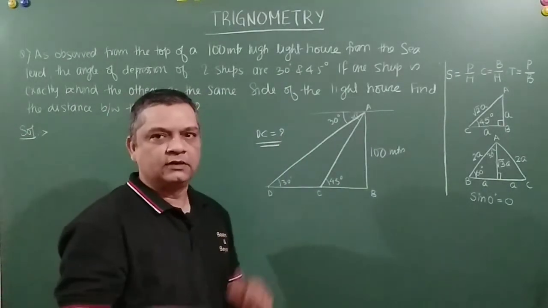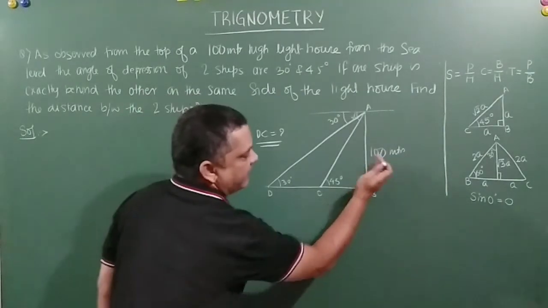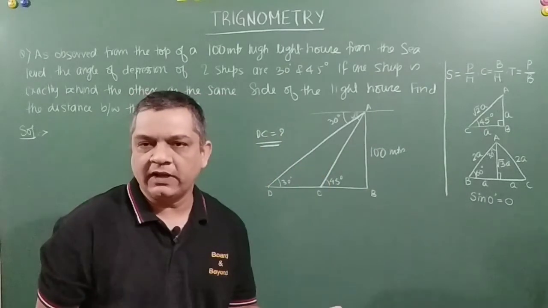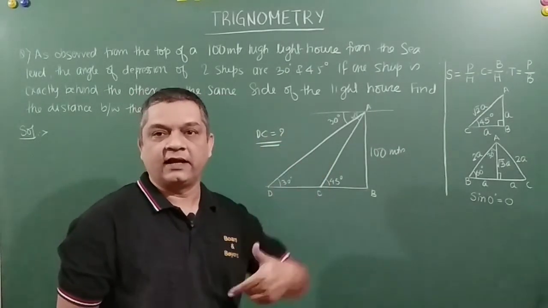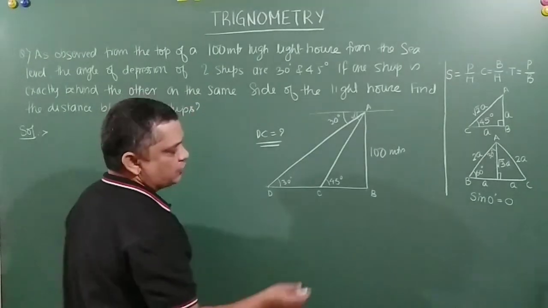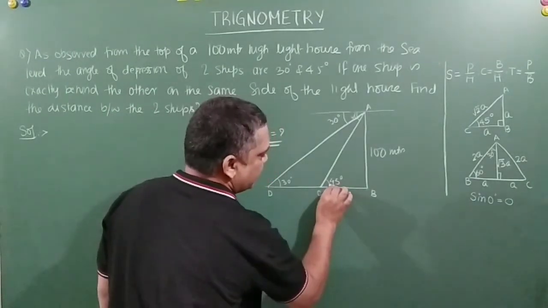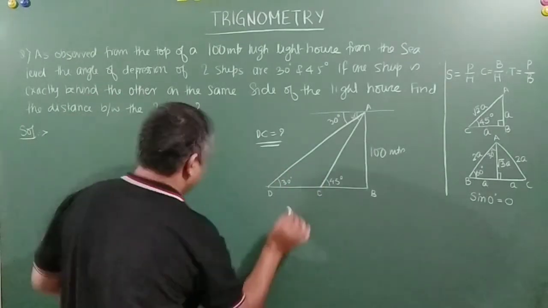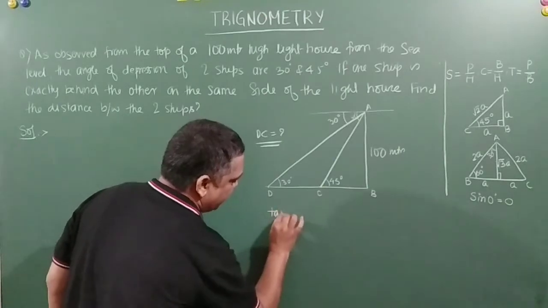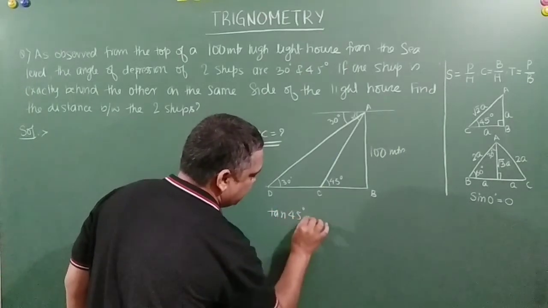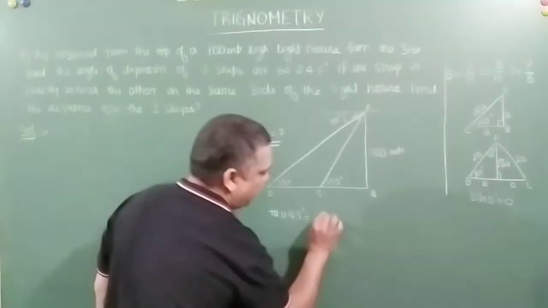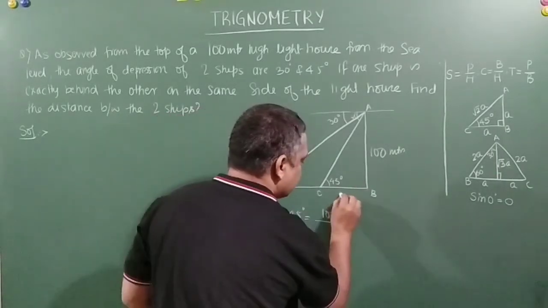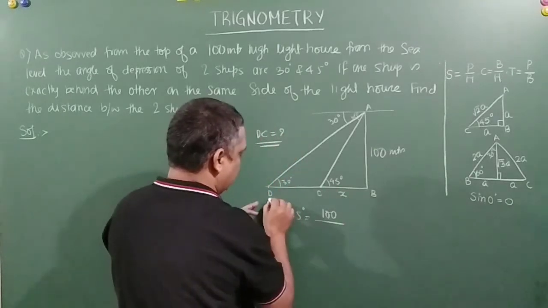Now let's try solving it. So friends, the sides involved here are perpendicular and base. So perpendicular and base is nothing but tan theta. Right? So what we will do is take tan of 45 degrees. We will try solving it here. So tan 45 degrees will be equal to how much, my friends? 100 by base. Let us say this is x and the total is y.